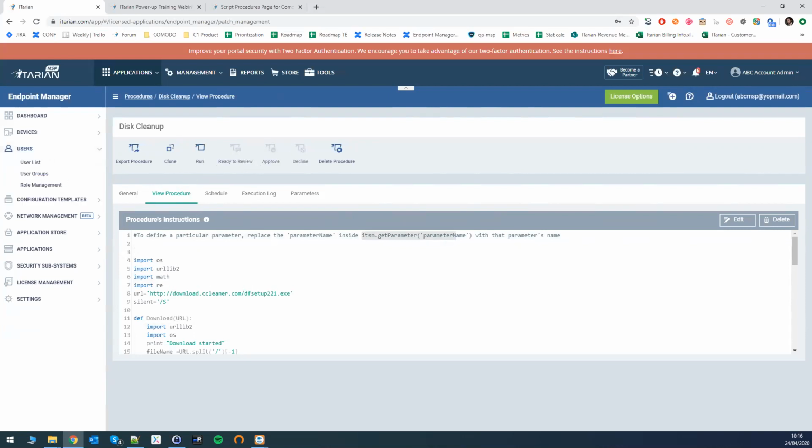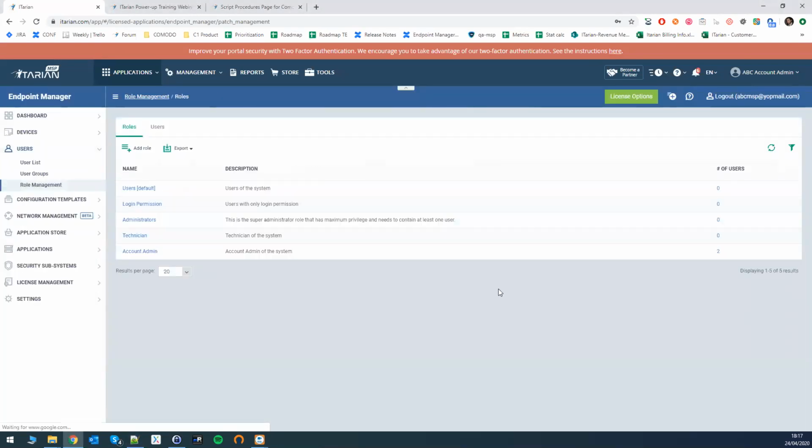So let's go to the role-based access control for procedures. As you can see, there is users menu, which we configure our users, give permissions, take permissions, assign roles, etc. So under that, there is role management, and this is the place where we define our roles and assign the